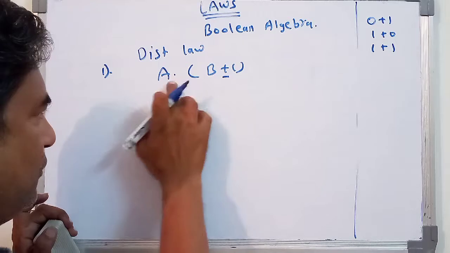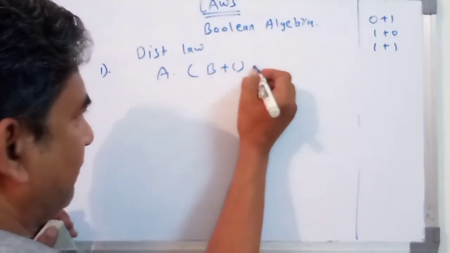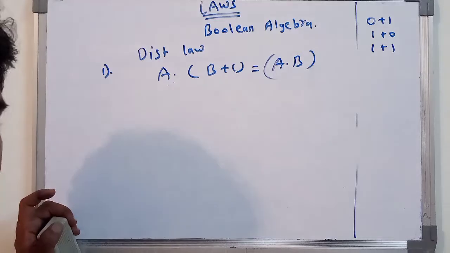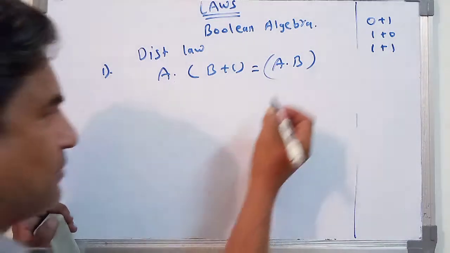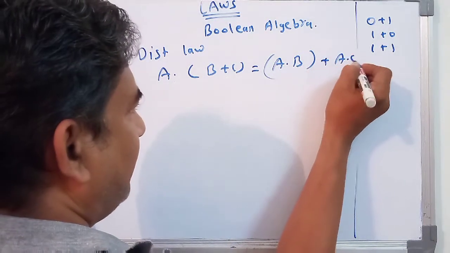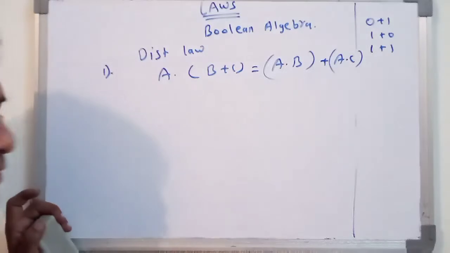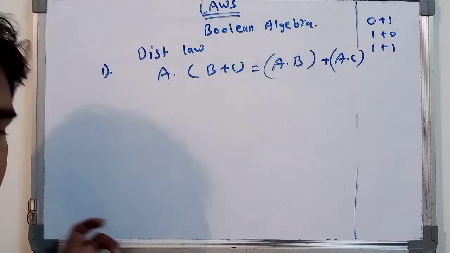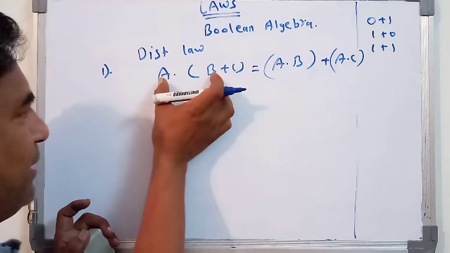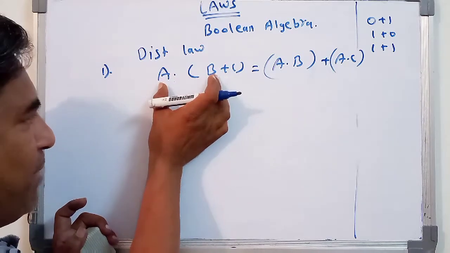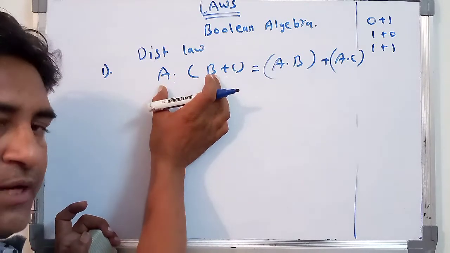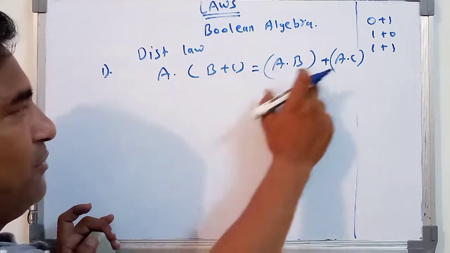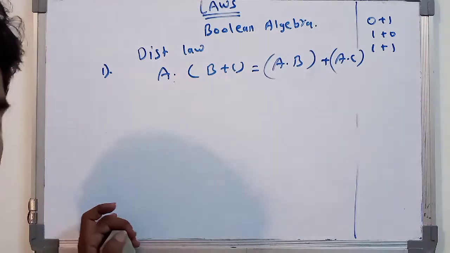So here we will be distributing the value, that is a dot b in bracket, you have to write down like this, plus a dot c in bracket, again you have to write down like this, so that you will be saying that this value is distributed or combined with the number which is present outside the bracket. So here you will be saying that it is the distributive law.